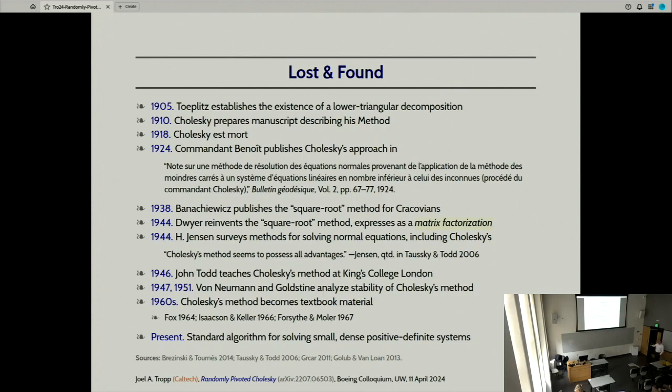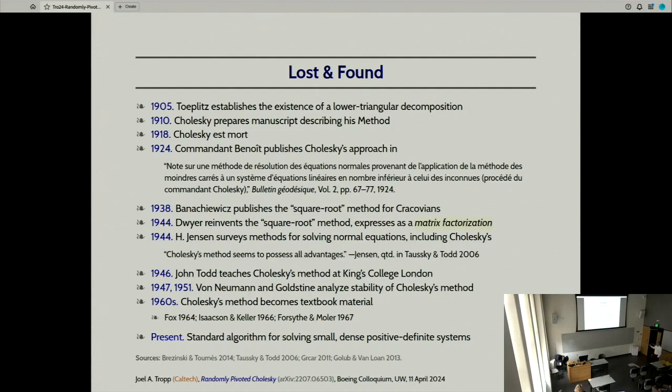His work was described in Math Reviews, which was in its 7th volume, so it was very easy to read all of the Math Reviews and find what you're looking for. And John Todd came across this survey when he was preparing to teach a class on numerical computation at King's College London in 1946, after the war. He said he didn't know anything about solving a linear system, so he had to go to the literature. And he's really the one that in the UK rescued Cholesky's method from obscurity. And he had in his class Leslie Fox, who's a well-known numerical analyst who worked with Wilkinson and Turing to develop Cholesky's method.